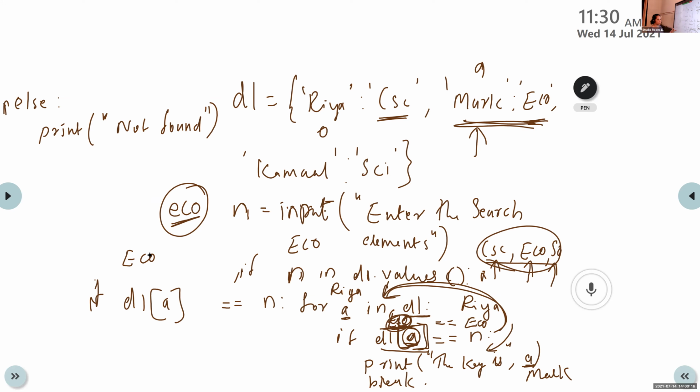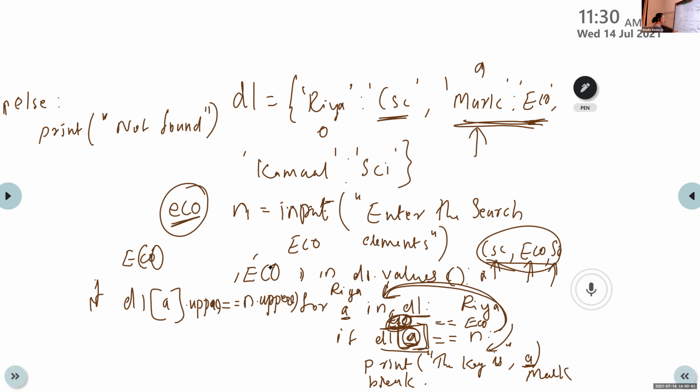Or lower. Here if we are using upper, what is the result of this? It is ECO in capitals. Here also I am using N dot upper. Then what will happen here? Here also it is ECO in capitals.